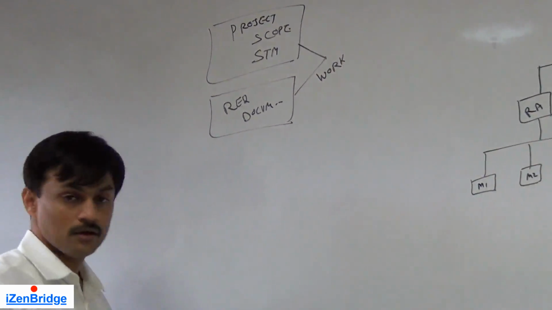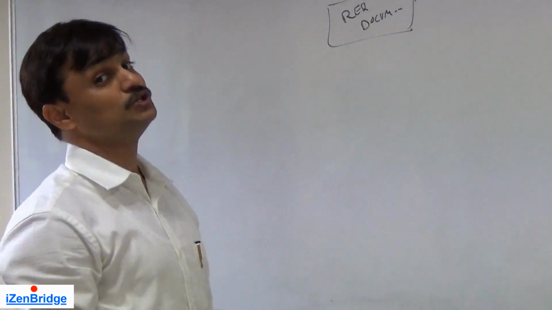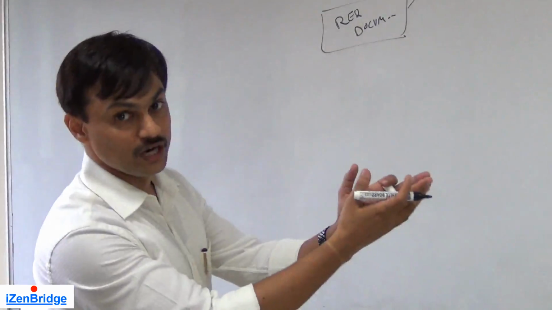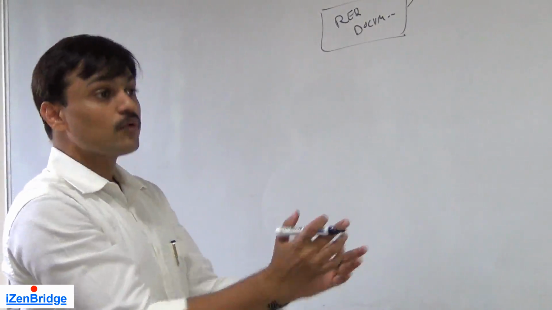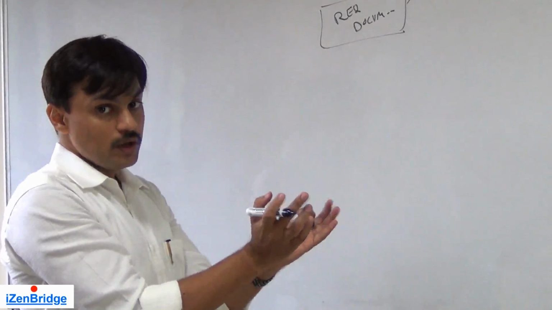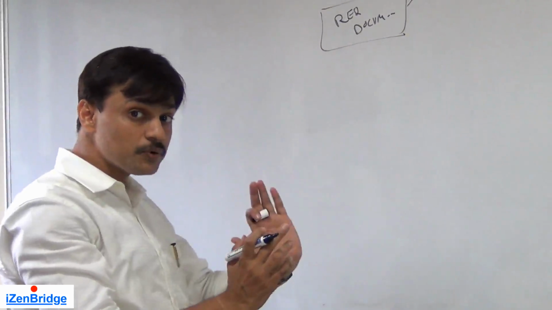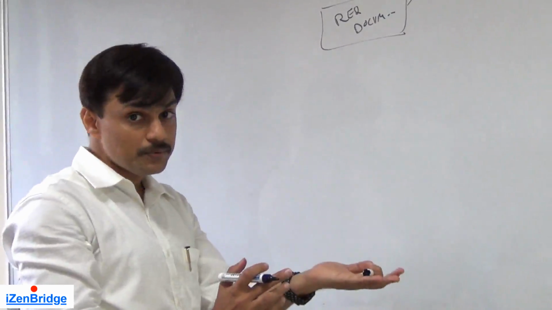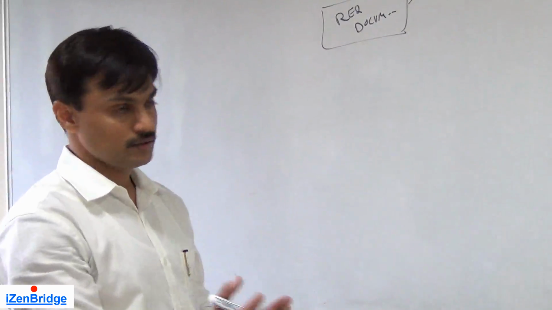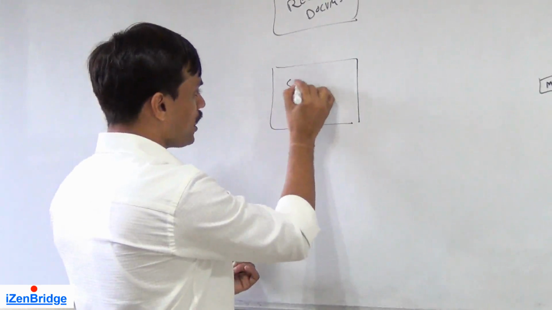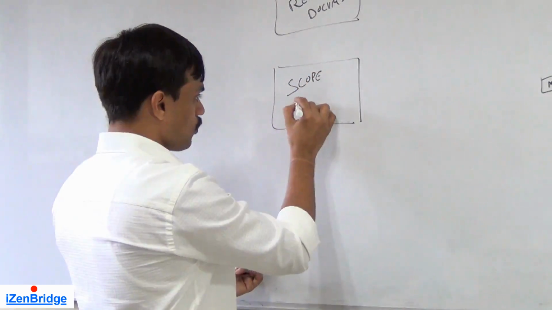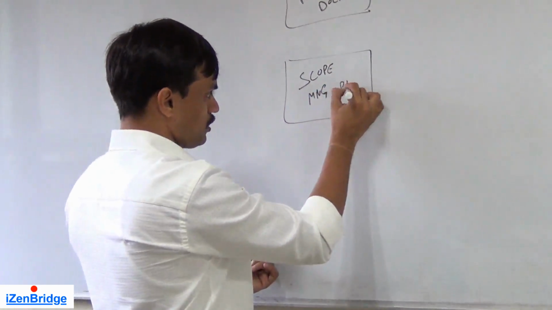But as a project manager, we also need to know how we are going to convert this work into a work breakdown structure. At what level of detail are we going to go? Are we going to follow a phased approach? Are we going to follow a deliverable approach? Where is it documented? The scope management plan. So we need to know the how part: the scope management plan.